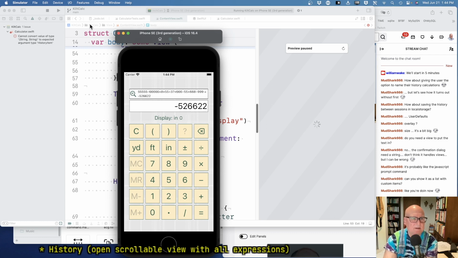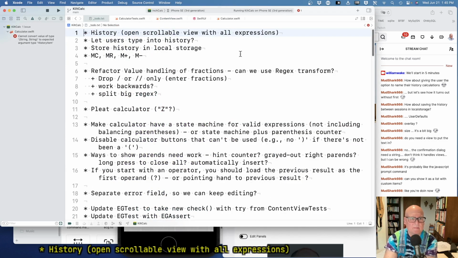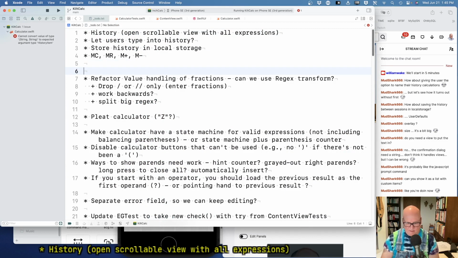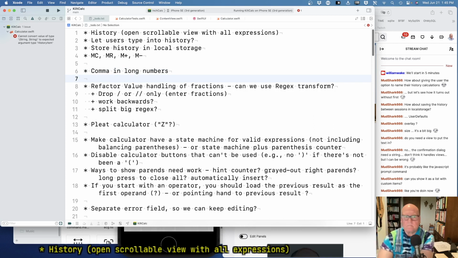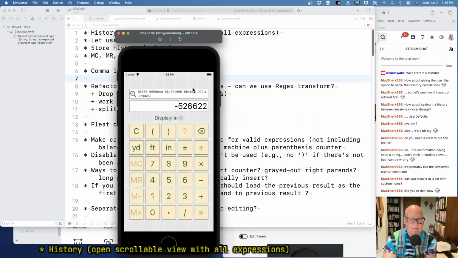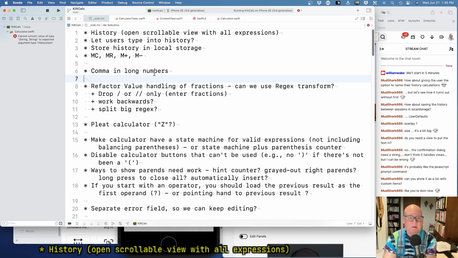Okay, let me, just a UI thing, comma in long numbers. In reality, it probably doesn't make much difference. You are never going to be dealing with minus 526,000 inches. Okay. History. Well,